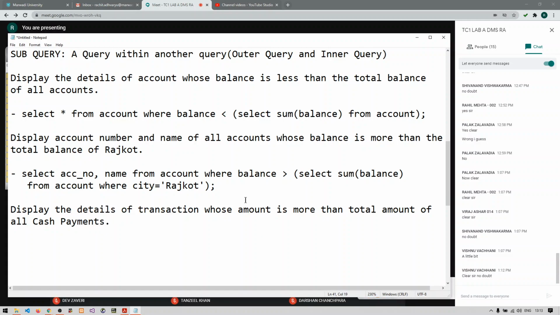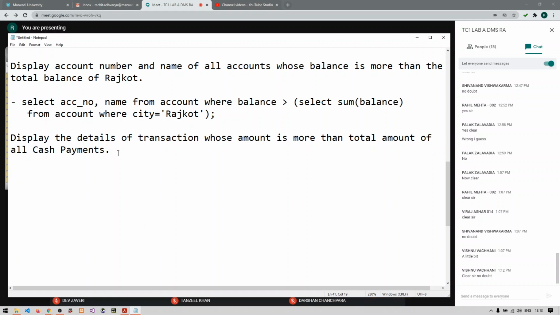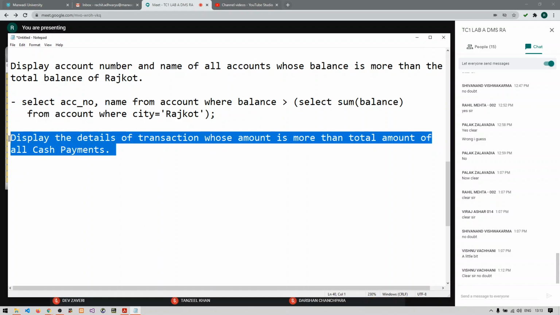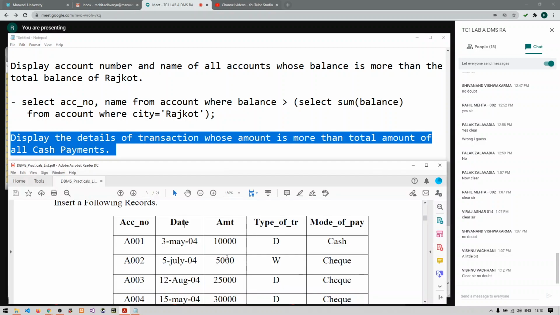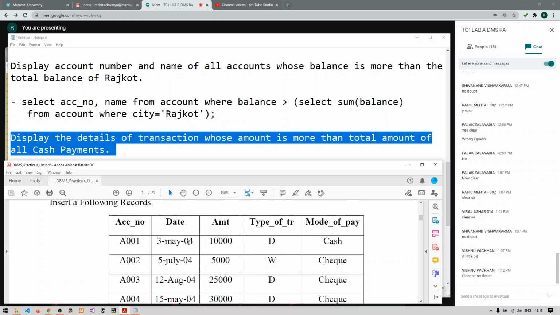Give me the answer of this. Display the details of transaction whose amount is more than the total amount of all cash payments. So this is the table that you can use. This is the transaction table, and these are the columns.